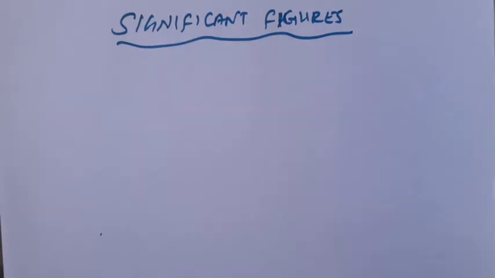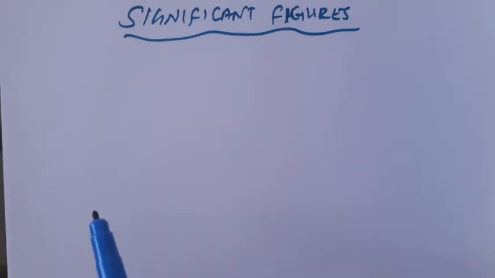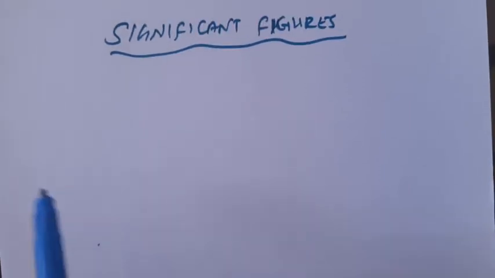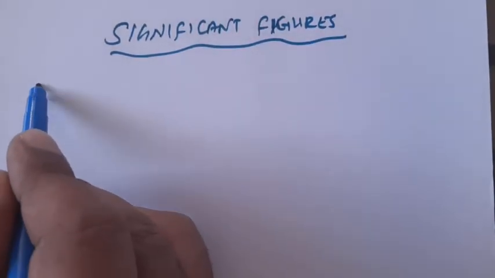Significant figures means the digits which tell us the number of units we are reasonably sure of having counted in making a measurement. They are called significant figures or significant digits. There are some rules governing significant figures or digits. Let me give you one by one with some examples.